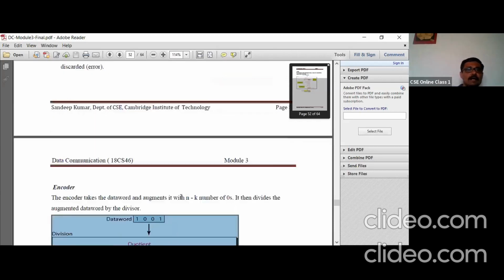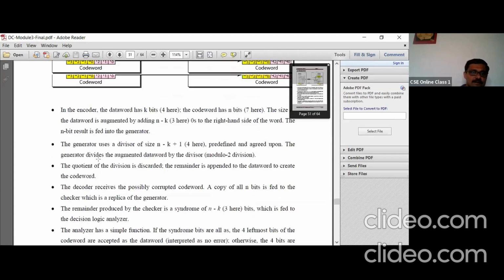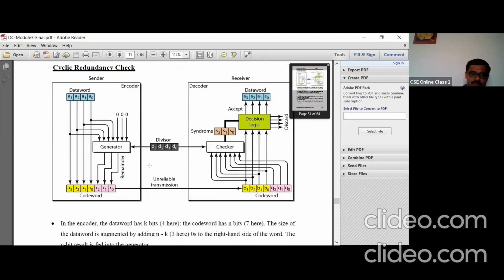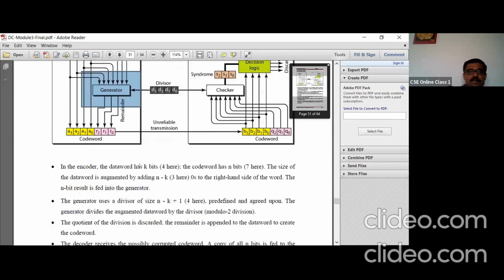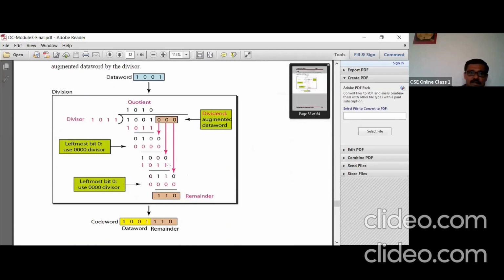Now your generator will perform the division operation. It is not ordinary division. It is modulo 2 division, and it is very simple. Listen carefully: if the leftmost bit is 1, then the divisor is taken and will come here.